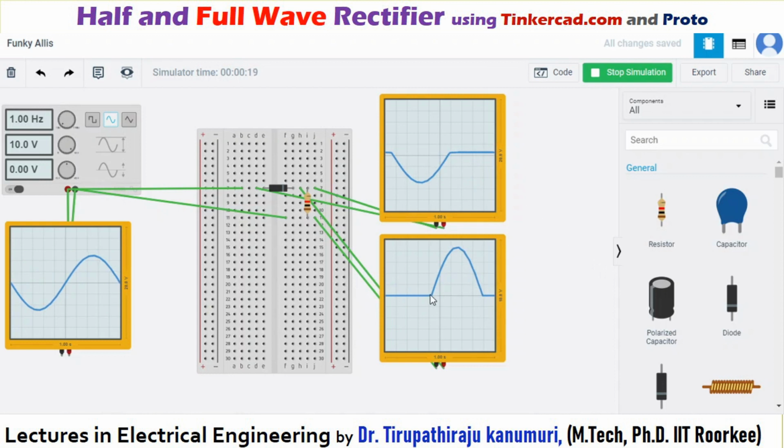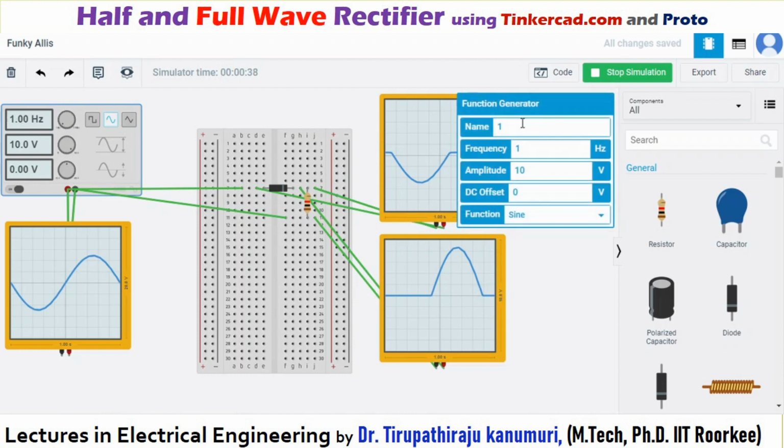When the output is positive, that means when the diode is conducting, the output is positive. And for the other half cycle, the diode is reverse biased, so the entire voltage is dropping across your diode. You can see that the entire voltage is dropping across your diode. The same thing is the case, this is your supply. So only half of the wave is coming at your output.